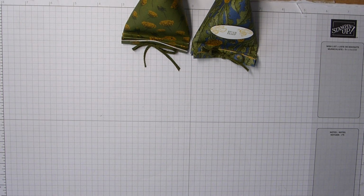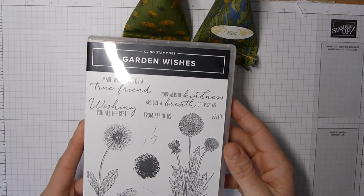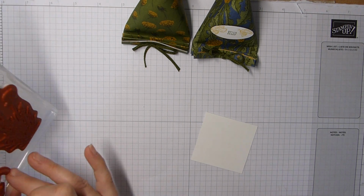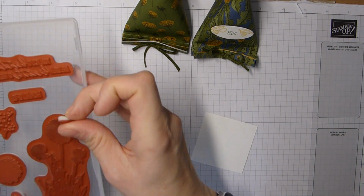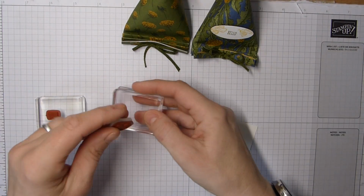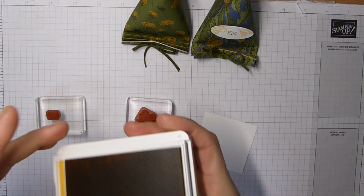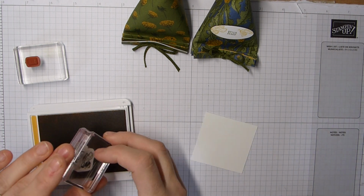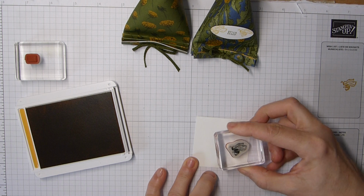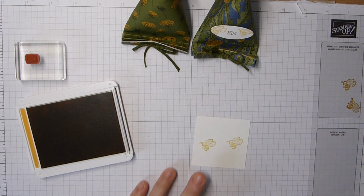So I have some scrap of Whisper White here. I have my lovely Garden Wishes, and I'm going to use my, if I can get him out, my little bumblebee and my hello. Pop them on these blocks here. So I used some bumblebee for my bumblebee, but I did stamp him off first. Just stamp him there, and that one there,